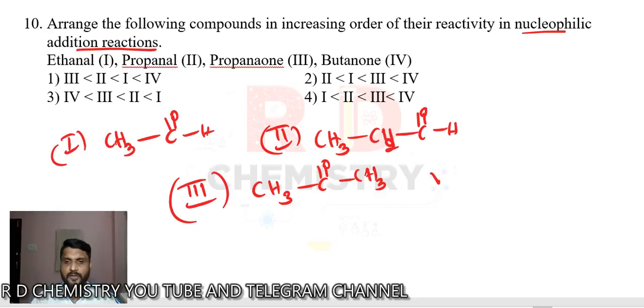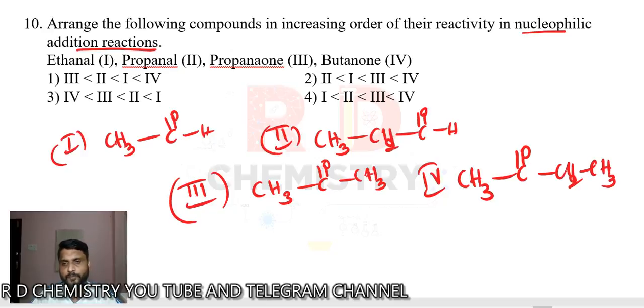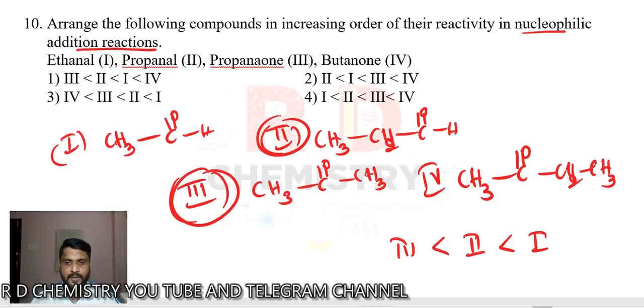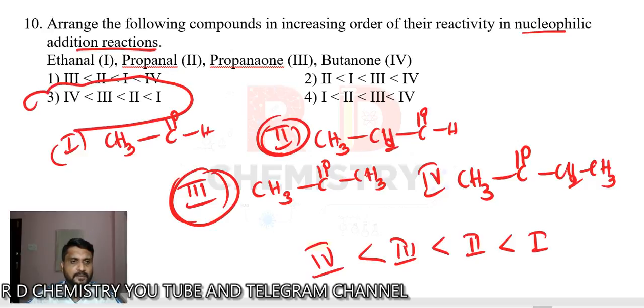And the fourth compound you have got is butanone. So CH3, C double bond O, CH2 and CH3. A 4 carbon atom ketone. Okay, so which is highly reactive now? The smaller ones. So first compound, smallest compound, correct? Next smallest compound, which one? Compound number 2 and compound number 3 have the same number of carbon atoms. So aldehyde is more reactive. I can write 2 here, more reactive. Then comes option number 3. And the bulkier molecule is butanone. Butanone will react slowly. So it should be the reverse way around: 1, 2, 3, 4. Option number 3 is the answer. Okay, right?